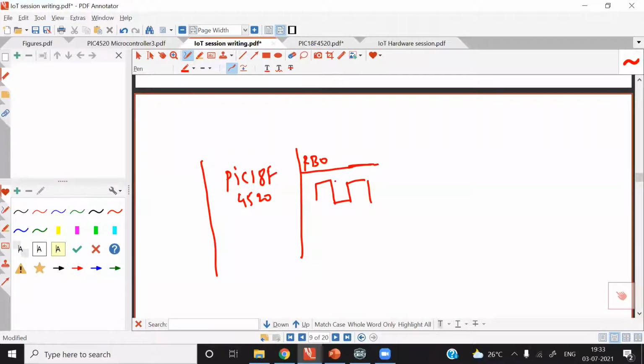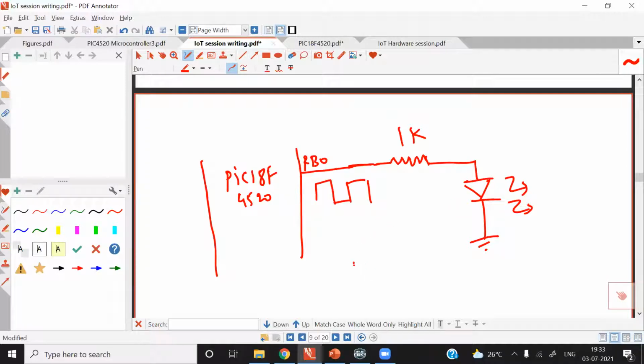Suppose through program you have generated a square wave. Of course, a current limiting resistor is required in practice. For a green LED it is 1K, and then you have the LED here. Now when you change the on and off time, the average voltage coming across this LED will change, and that will change the average current, and that will result in a change in intensity.